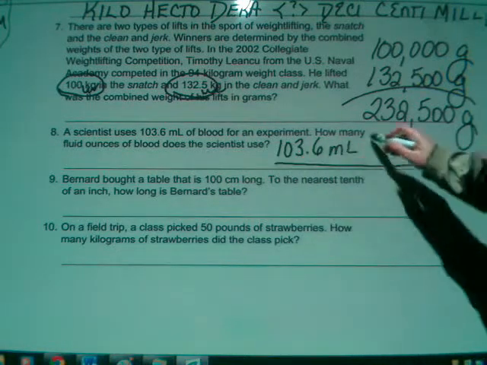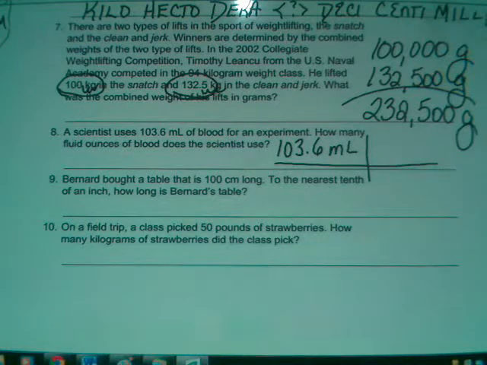And somehow I want to escape milliliters and get to fluid ounces. Now, if we look at our conversion chart, there's only really one way to get out of milliliters here, and that would be to convert that to